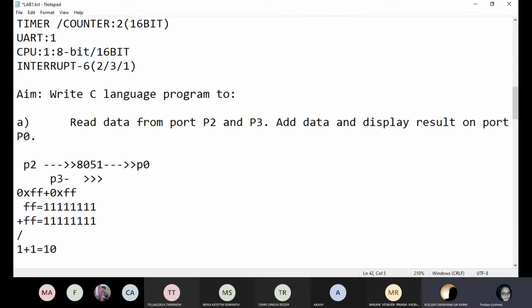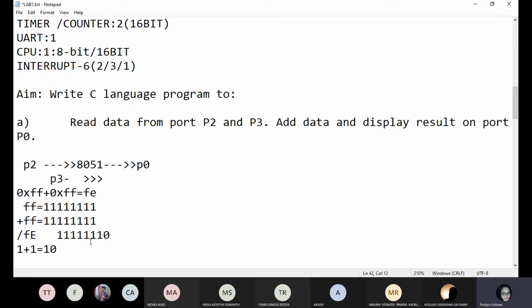Okay, tell me in binary. 8 times 0, it will be this thing, 0 and 1 will be the carry. And what will be the hexadecimal for this? FE. So your answer will be FE. So at the P0 port you are getting FE. And if you want to watch it in binary, what will it be? 7 LEDs will be on and 1 LED will be off. So if your code is working, your output will be like this.